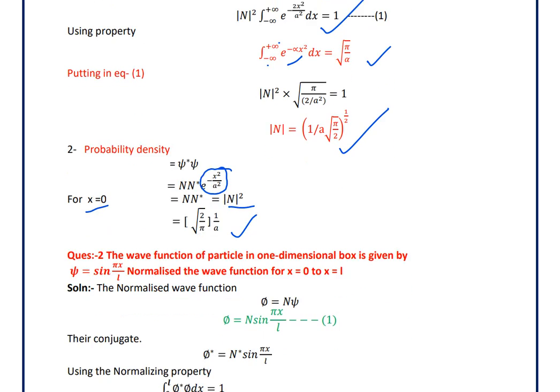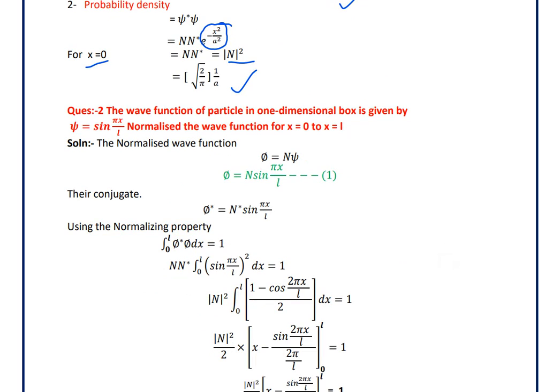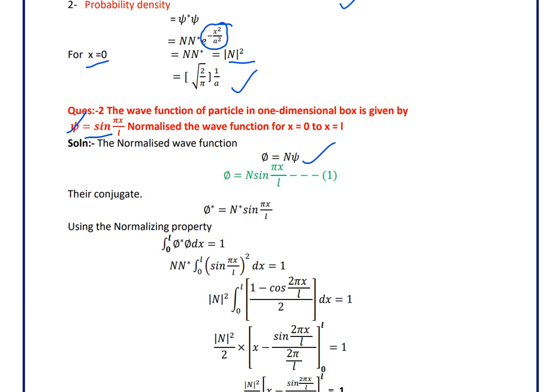Now take another example. The wave function of a particle in a box is given by psi is equal to sine pi x by L. Normalize the wave function for x equal to 0 to x equal to L. Now multiply this wave function with a normalizing constant n, so phi is equal to n psi. Now apply the normalizing condition to the new wave function phi, so phi star phi